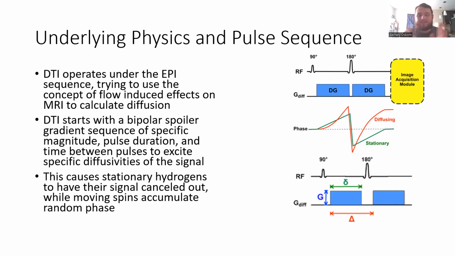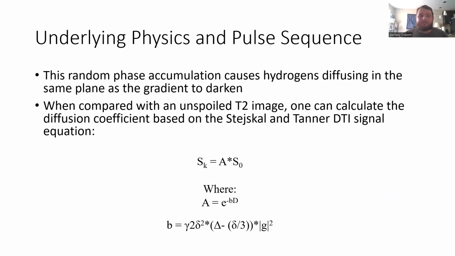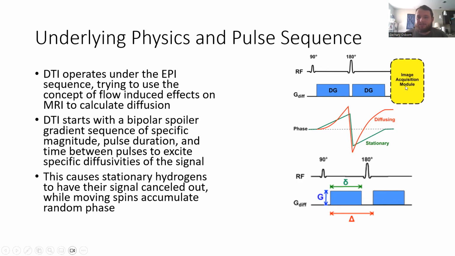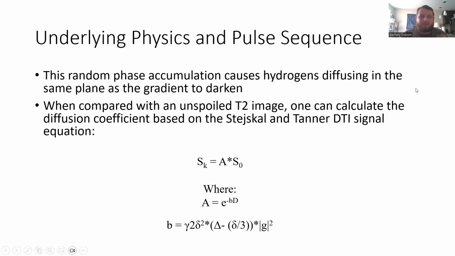So this causes all the stationary hydrogens to have their signal canceled out in the image, while the moving spins accumulate random phase. Specifically, the random phase accumulation of hydrogens diffusing in the same plane causes that image to darken. So when compared with an unspoiled T2 image, so just a normal EPI sequence, we can get a diffusion weighted image that corresponds to the Stejskal and Tanner DTI signal equation, two of the pioneering members of this effect in the sequence design,